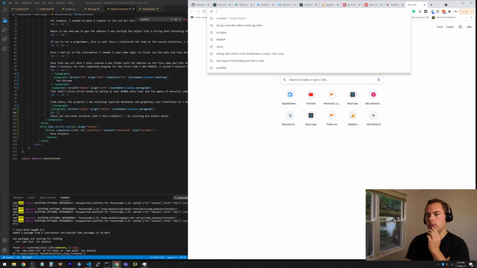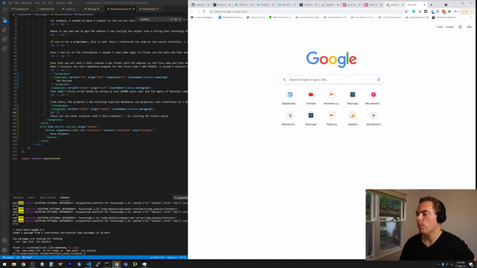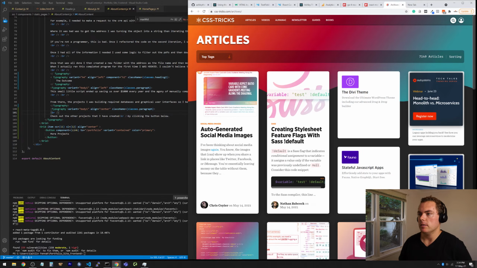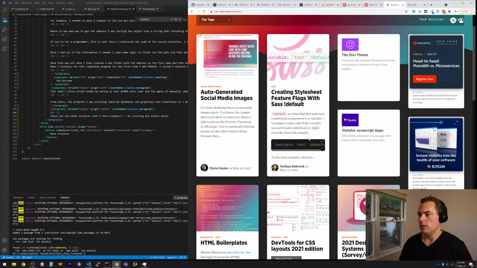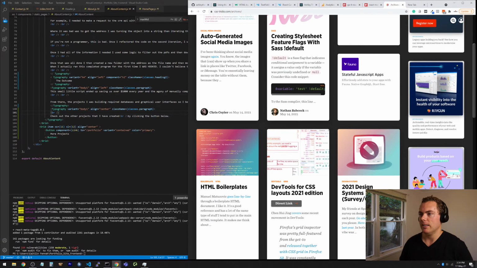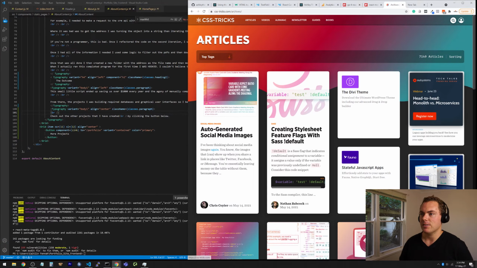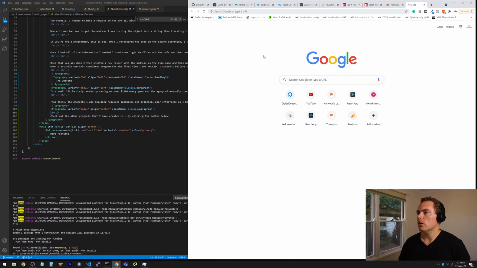I'll finish building the rest of this stuff. Then anyway, just food for thought. But yeah, highly suggest this CSS Tricks. I think it's a pretty dope website. I like the little spinner that it's got up here. If you scroll up really fast, it spins. I think it's pretty cool. But yeah, so